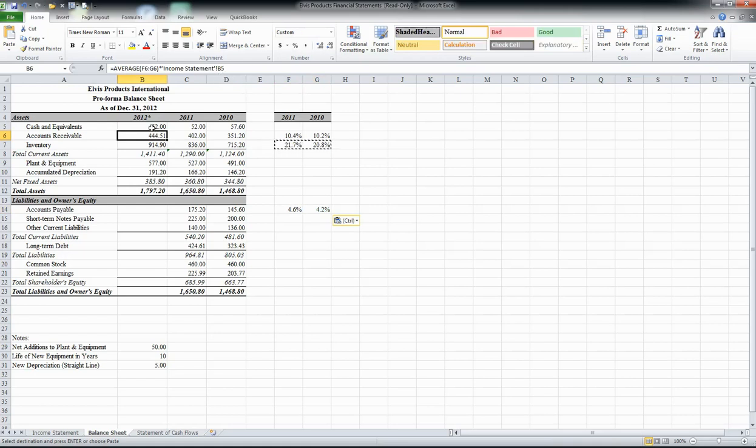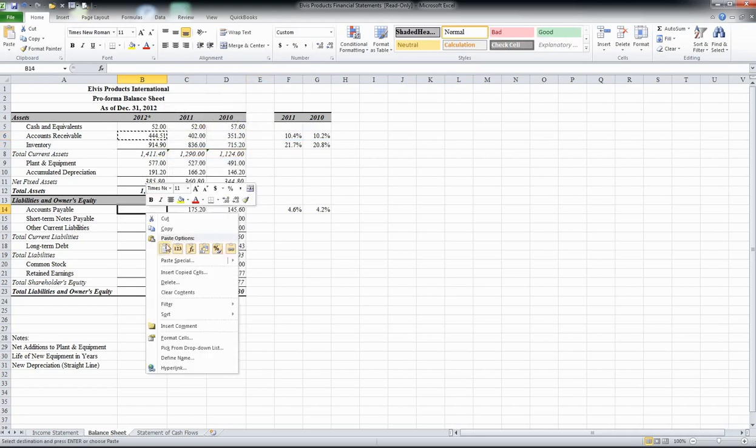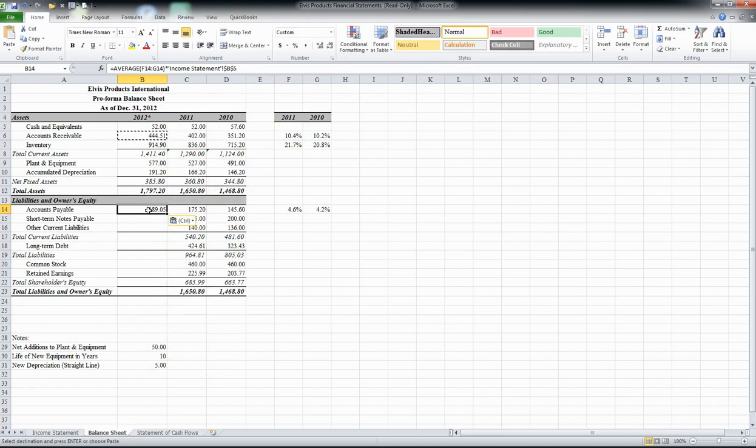Now if we're going to copy the formula that we did up here, we better put some referencing around our cell indicator. So I'm going to do that. Just click on the F4 button, hit return, and then right click and copy and paste. And so our accounts payable is estimated at